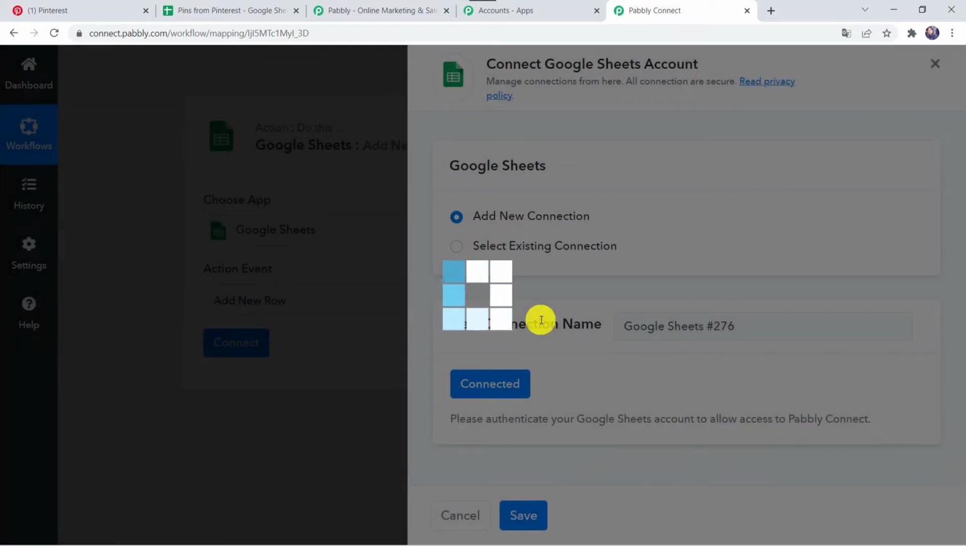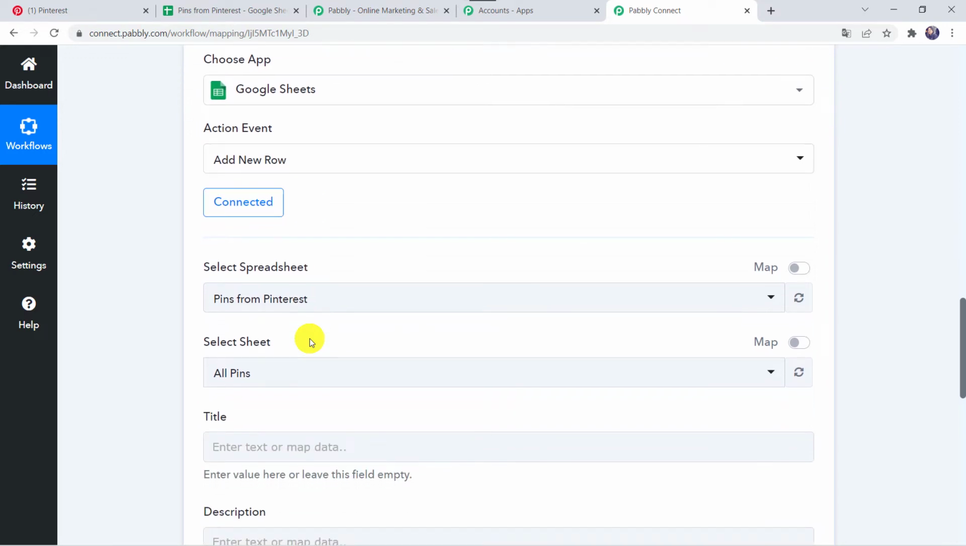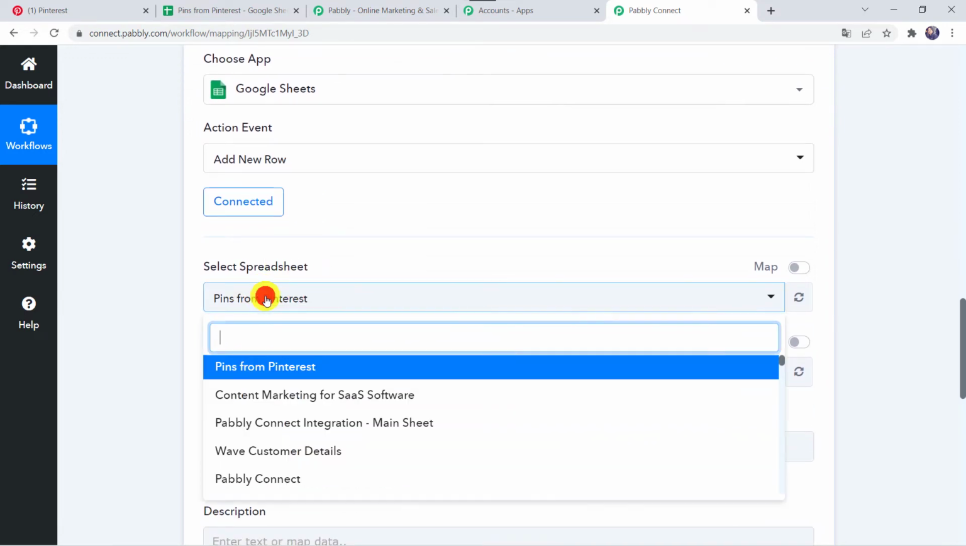Authorization successful. Okay, and now the Google Sheets account is connected to Pabbly Connect. So as we have created a connection, here we can find all the spreadsheets that I have created in my Google Sheet. Okay, so I'll just take you to the Google Sheet which I have already created, and the name